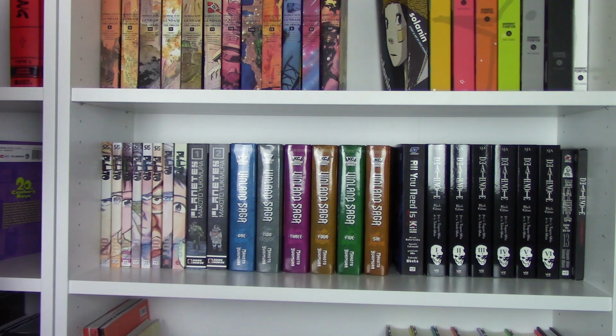I also love the cover and back of this 2-in-1 edition. It looks awesome with the contrasting of our 2 main characters, whose names I can't remember because it's been such a long time since I read it. But yes, it is awesome. And speaking of Death Note,